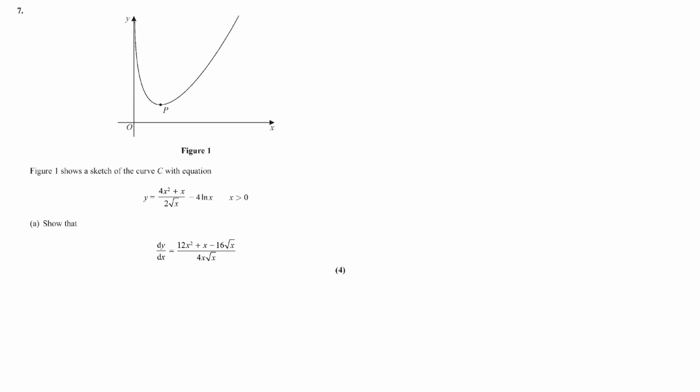Okay, the next question is some differentiation, and we're going to be using the quotient rule. So y is equal to 4x squared plus x over 2x to the half minus 4 ln of x. Find dy by dx. Quotient rule is bottom times differential of top minus top times differential of bottom all over bottom squared. So we need to do bottom